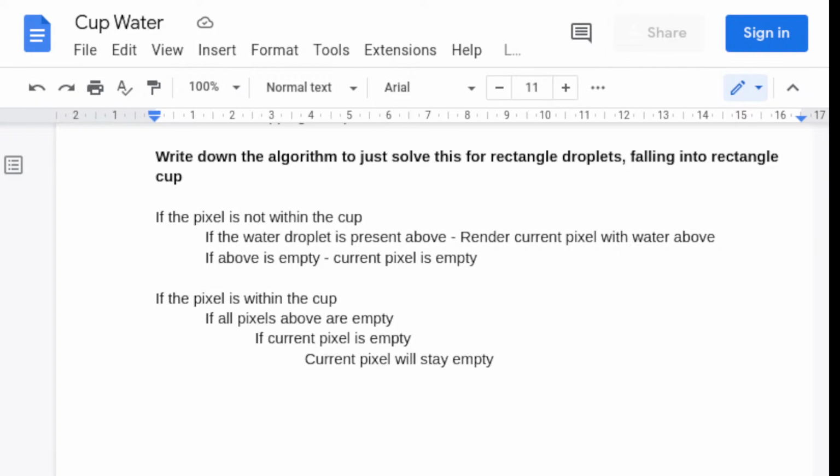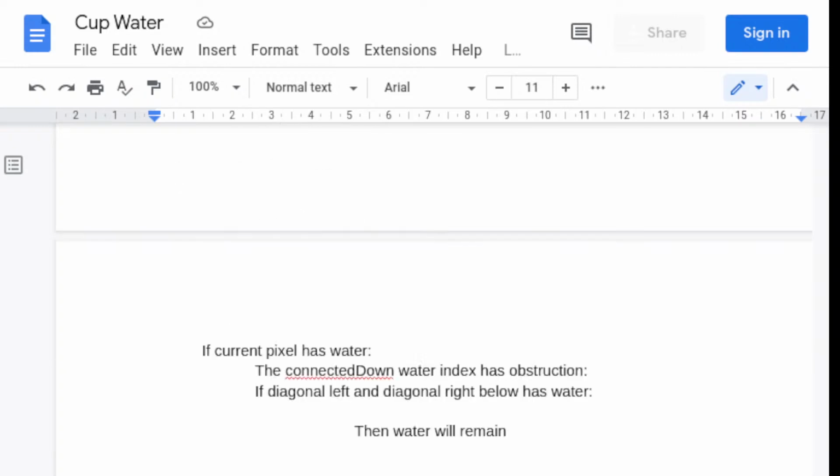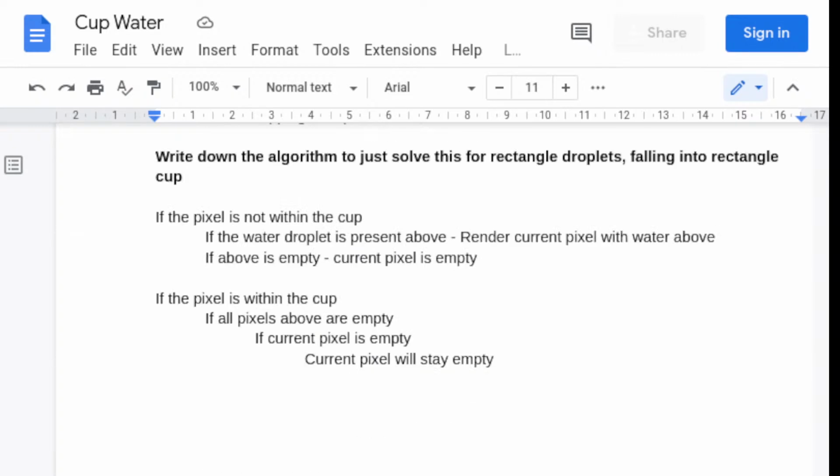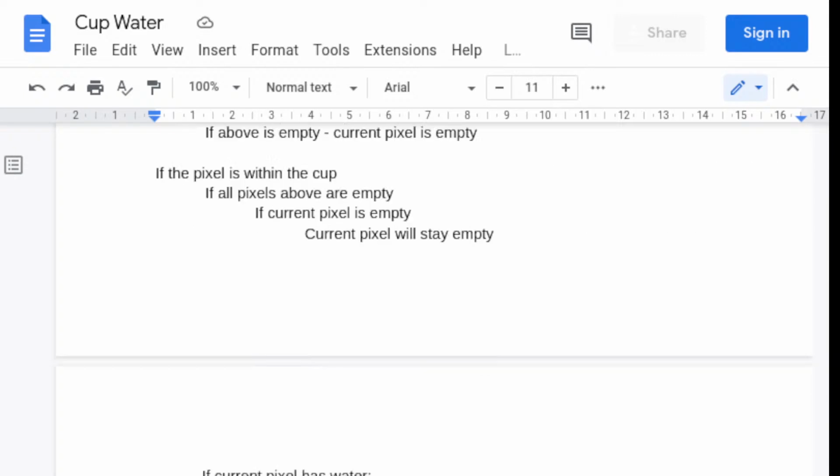So these are many things that we would have to take into consideration. Within the cup, if all pixels above are empty and the current pixel is empty, the current pixel stays empty. If the current pixel has water,